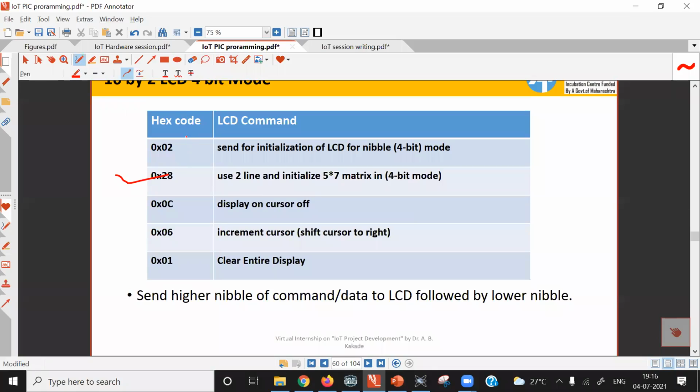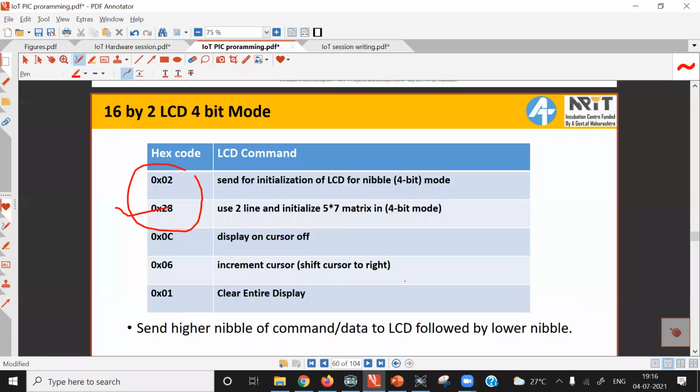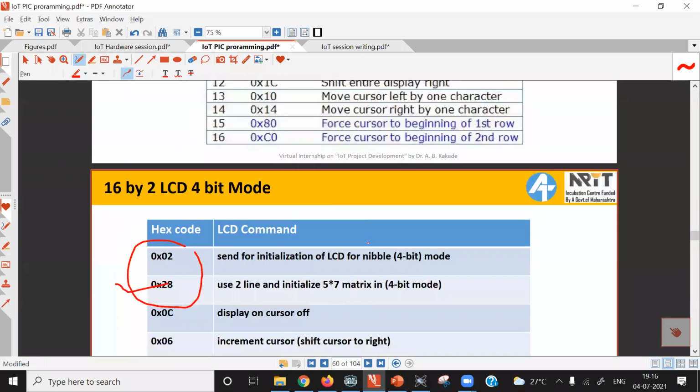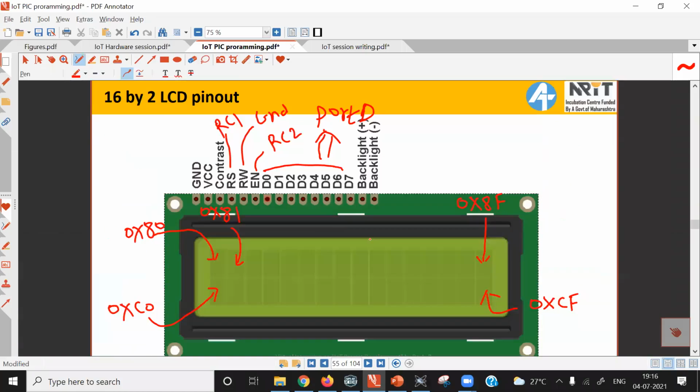So the commands different compared with 8-bit mode are 0x02 and 0x28. These two commands are different. The remaining commands are similar to 8-bit mode. Now in 4-bit mode, 4 pins of the LCD display are not used. Let me tell you.